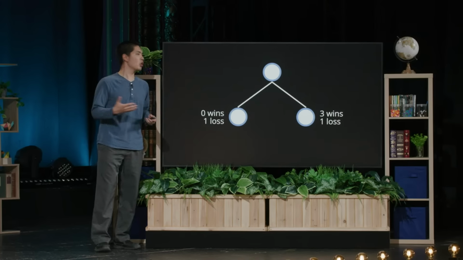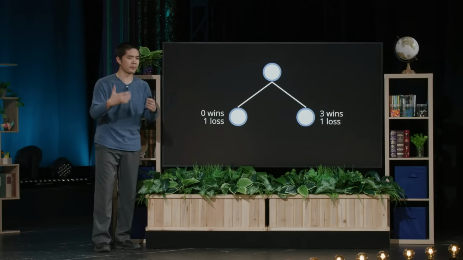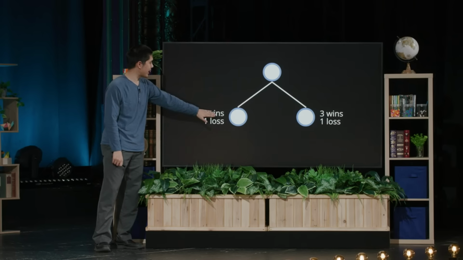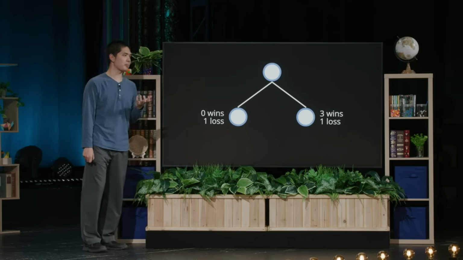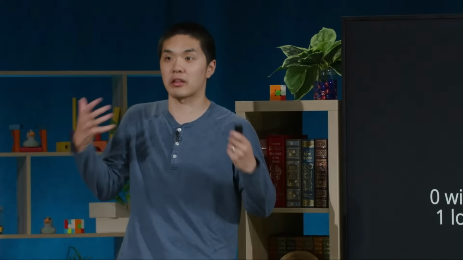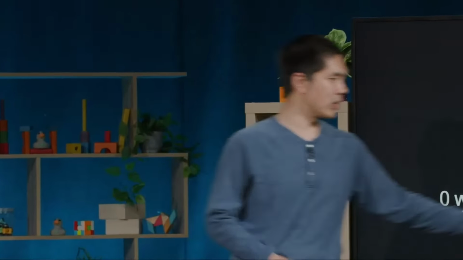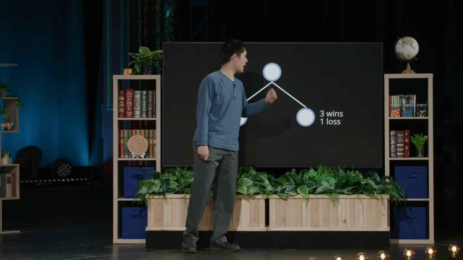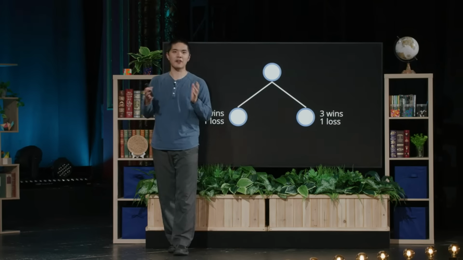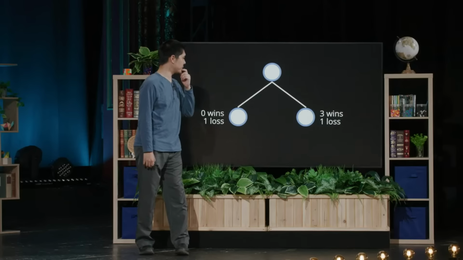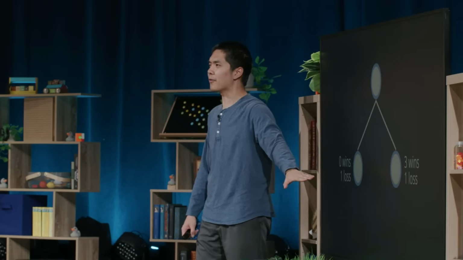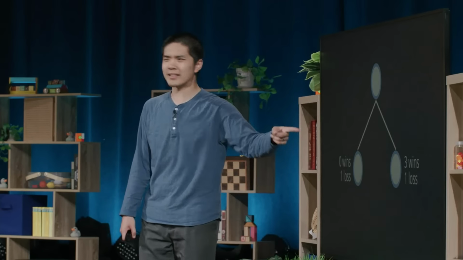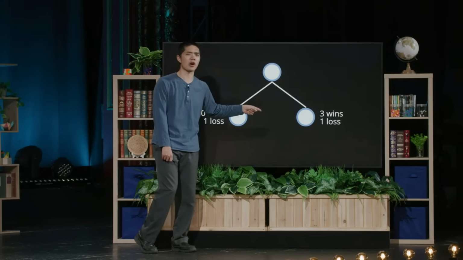And now the question is, which path do I choose to play out next? Which one do I want to try now? Do I want to play out the move to the left, or do I want to play out the move to the right? Well, one way you could think about this is in terms of the success rate. How often do I win a game? Over here in the action to the right, I won 3, I lost once. So I've got like a 75% win rate if I choose the option to the right. Whereas over here, 0 wins, 1 loss, that's a 0% success rate. I've never won by taking the option to the left. And so that might get you thinking, all right, the one to the right, that's probably the more promising one. Maybe I should just keep trying that.